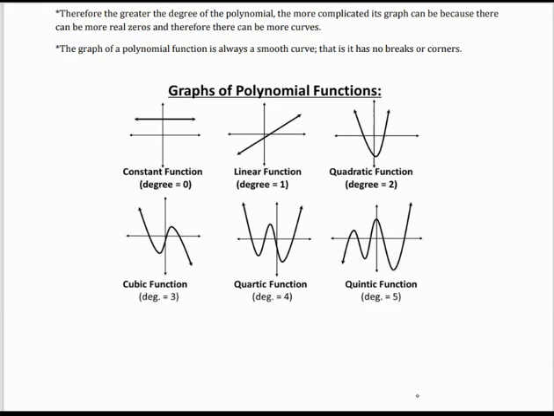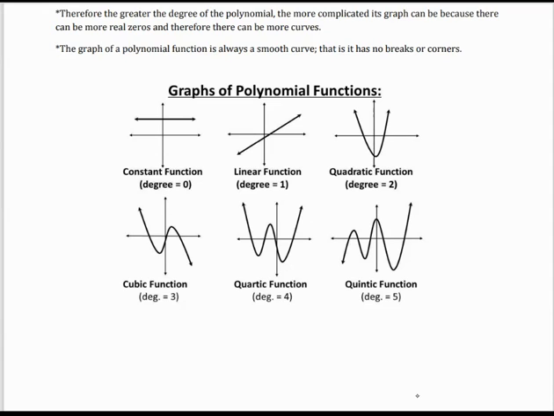Our lines we're all clear with, our quadratics, we know our parabolas. Here's an example of a cubic. So this one is starting up and going down, which means I would have a negative out front, but they also could be down and end up. A quartic, we can see here, end behavior, since it's an even degree, the end behaviors are the same, but